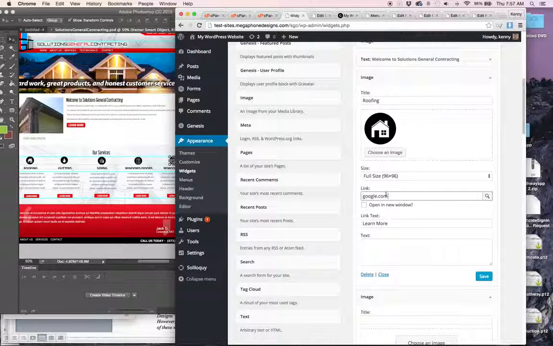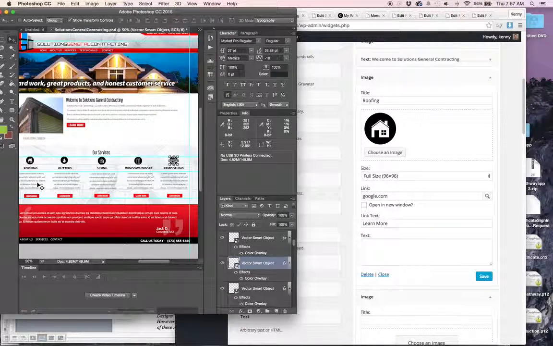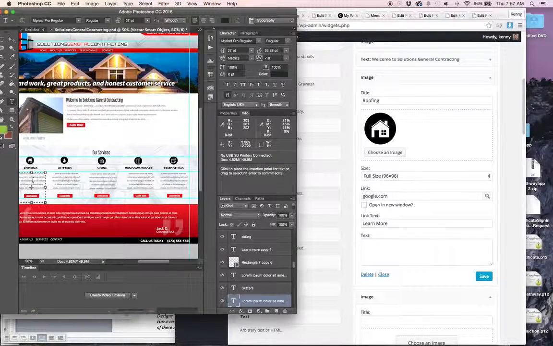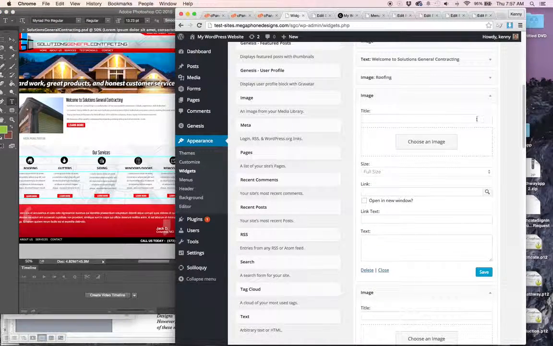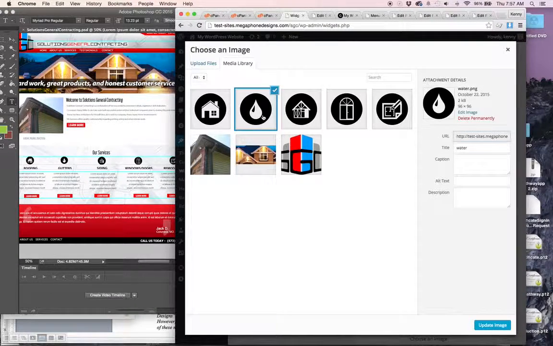And I put things like google.com in there so that it's obviously wrong. That way I can make sure I eventually replace it with something that is correct. This is just junk text in there right now. They haven't figured out what they want to say yet, and so then it will be the same in all of them. And we click save, go on to the next one,